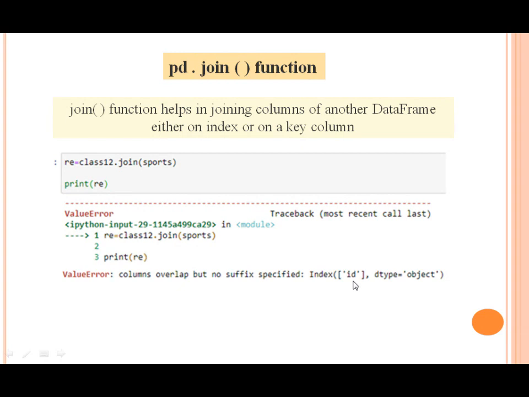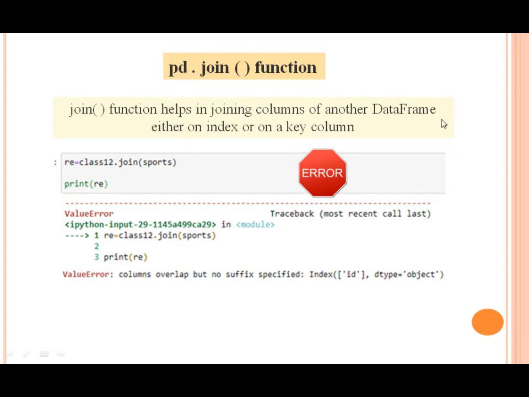We have no index in the class 12th data frame and in the sports data frame. So children, for joining specially, we require an index. So I have to modify my data frame and add an index in that. So this is supposed to be an error if you write like this without index.